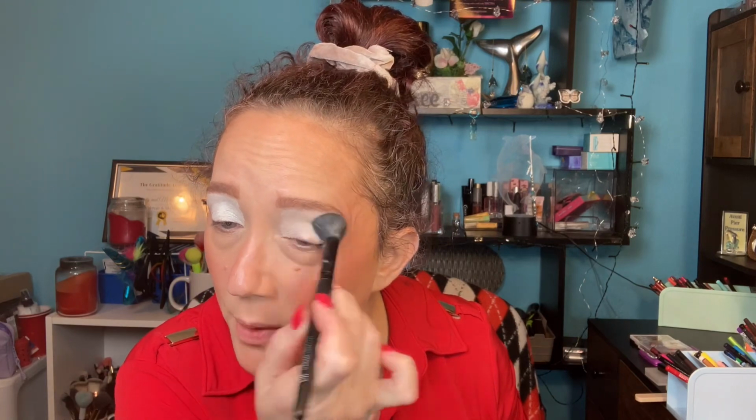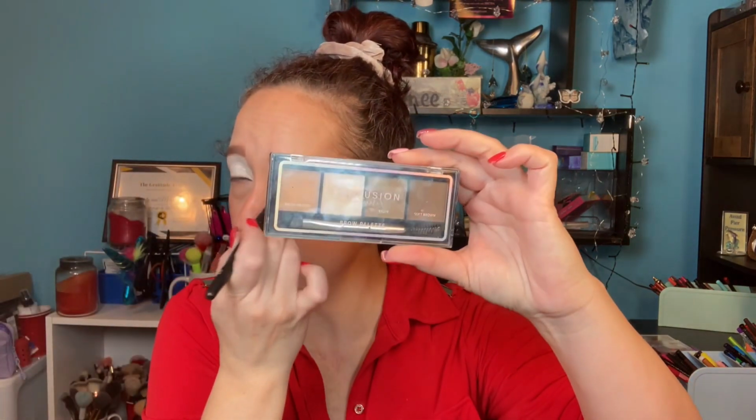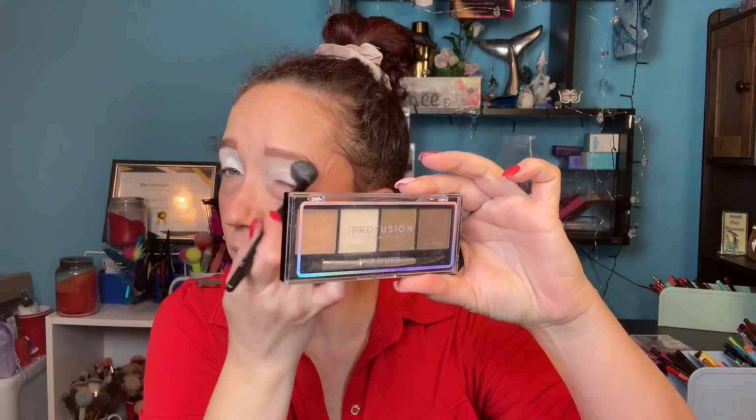So let me prime my lids and then we will get into this eye look. All right, so I got the Gerard Cosmetics Clean Canvas. I know, people don't like her and that's fine, but I do like the eye primer. I did use this Profusion brow palette that I got in a giveaway win from Riri. But brutally honest beauty, I really think